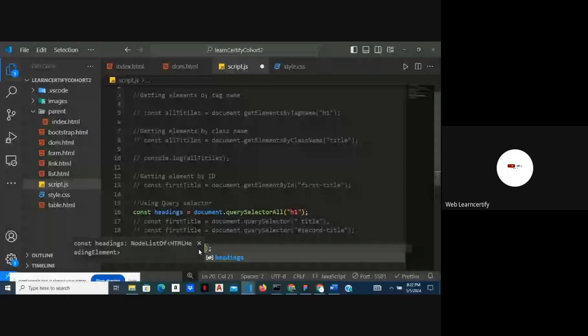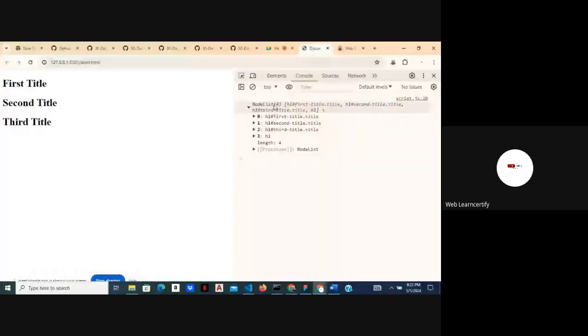Sorry. What querySelectorAll will do is that it takes in similar arguments like querySelector. Now, it doesn't return the same thing as querySelector. While querySelector would return just the first H1, querySelectorAll